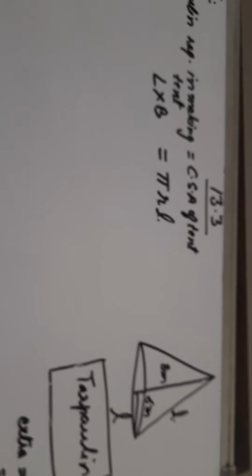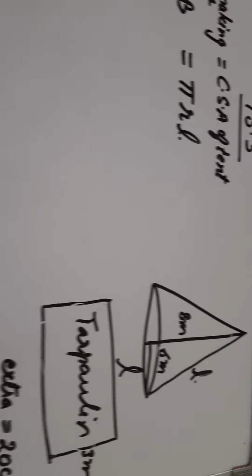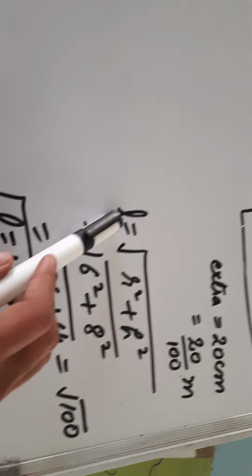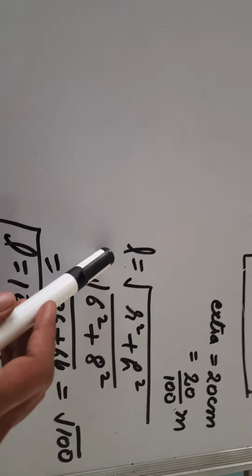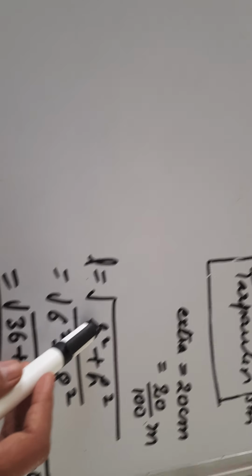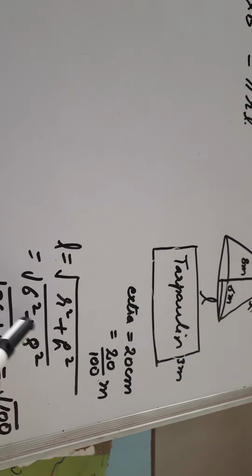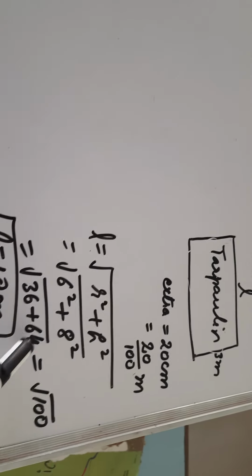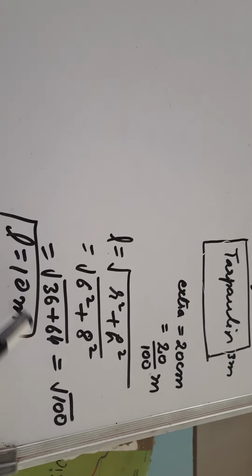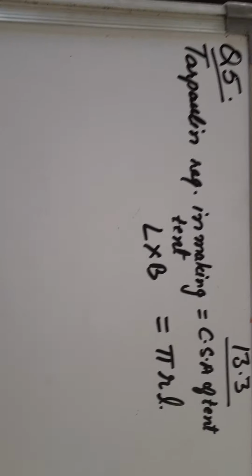And dear students, in this question the slant height is not given to us. For that we will use this formula. As you all know that by Pythagoras theorem we'll get L square is equal to R square plus H square, as this is the right triangle. So by putting the values of radius and height in this, we'll get 6 square plus 8 square, it is 36 plus 64, square root of 100 is 10 meter. So let us put all these values in this.